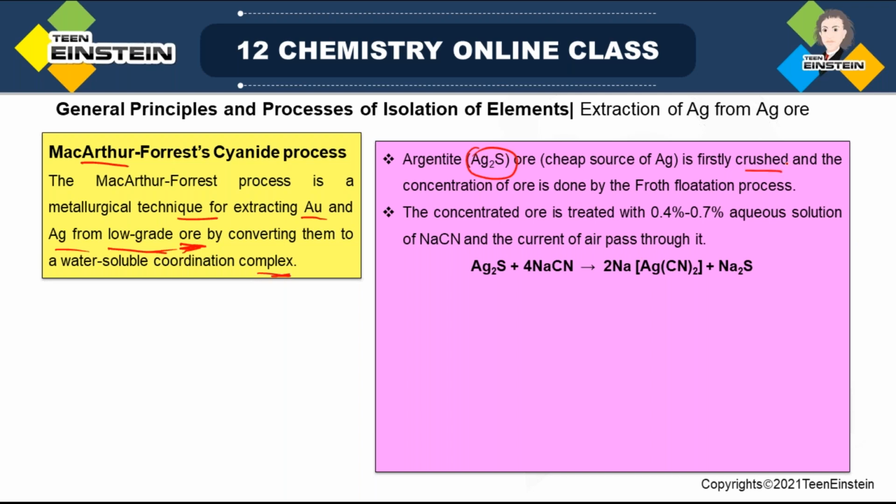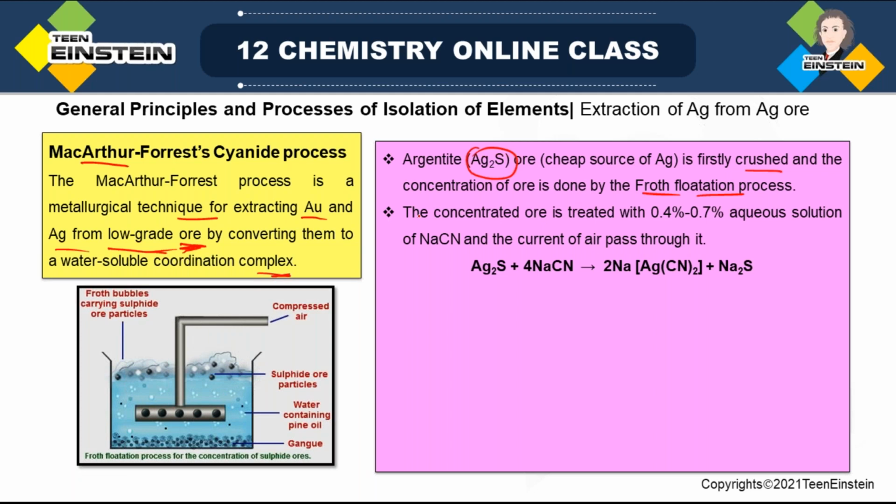First it is crushed fine, and concentration of the ore is done by the froth flotation process. So froth flotation is one of the methods of concentration which is done in the first step. Now after this process, froth flotation, next what we do,